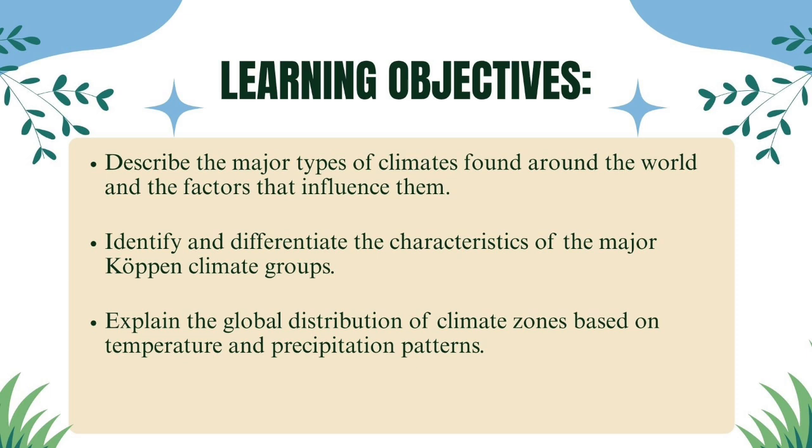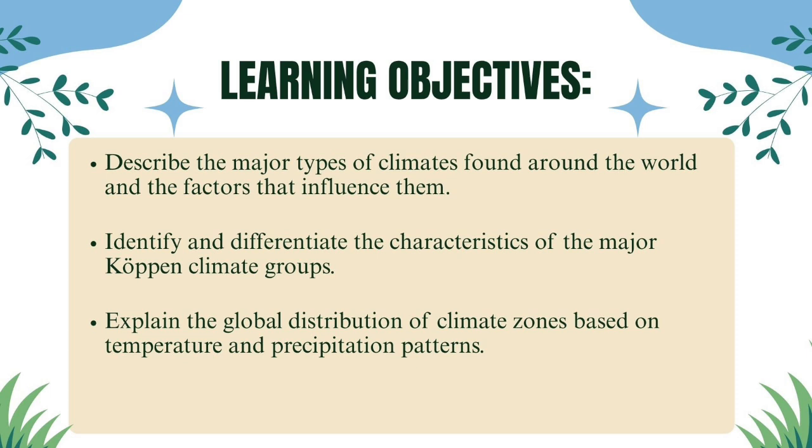Next, to identify and differentiate the characteristics of the major Köppen climate groups. And last but not the least, to explain the global distribution of climate zones based on temperature and